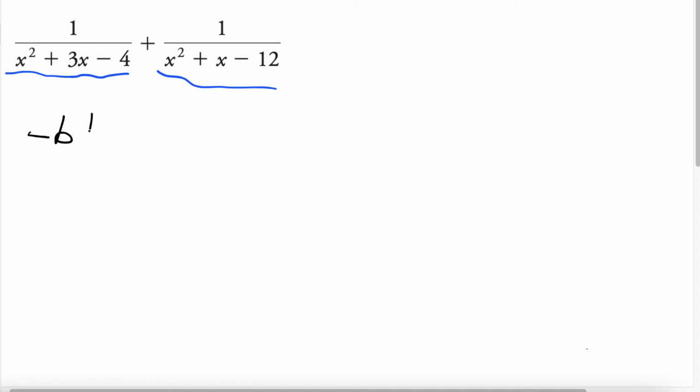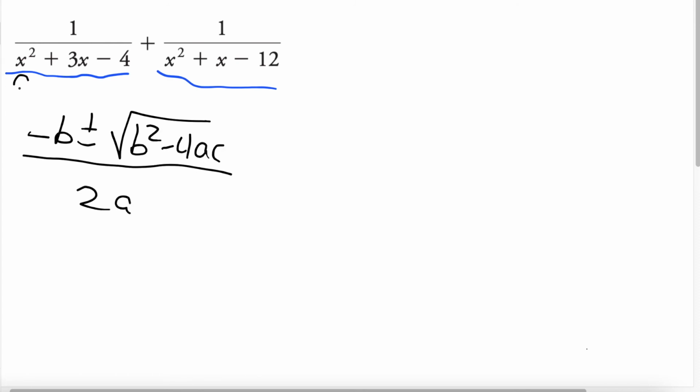Negative b plus or minus the square root of b squared minus 4ac, divided by 2a. So this is going to be our a, b, and c for both ones. We have 1, 3, and negative 4, then we have 1, 1, and negative 12 in our quadratic equations. So after we put that in our calculators and use the quadratic formula,